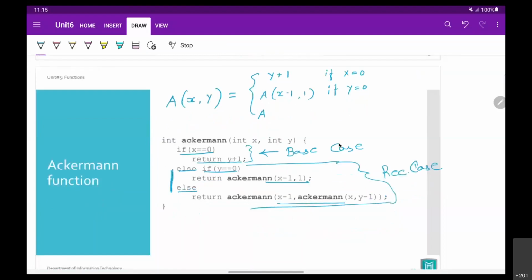And the third one, A of x minus 1, and the second parameter will be the recursive call for the Ackermann function again, x, y minus 1. Now this is for otherwise. So that's the mathematical Ackermann function we have written, and if you relate it to the Ackermann function code, it is much more similar here.